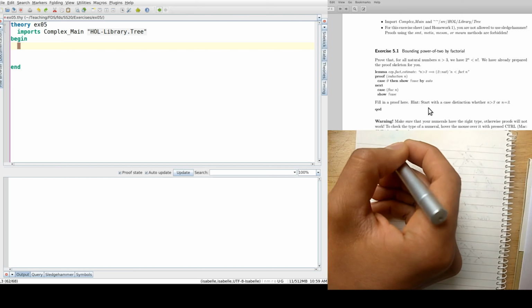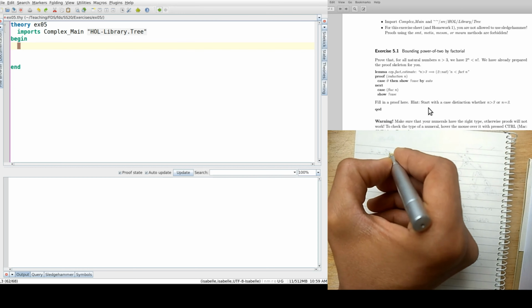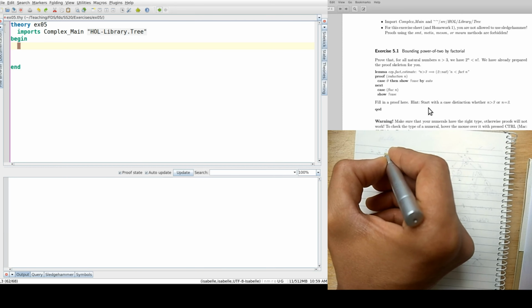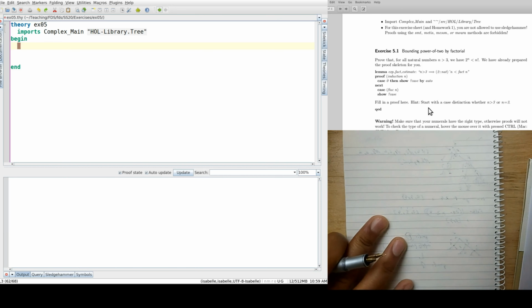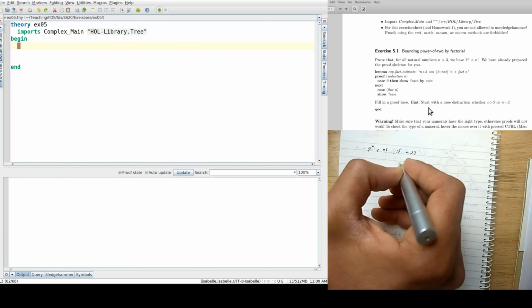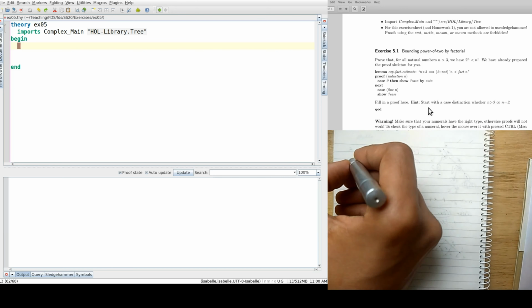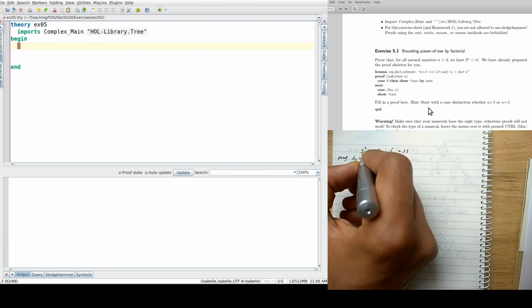So what we want to prove is, we'll write it informally just to show the analogy between the Isabelle induction and the pen and paper one. So I want to show that 2 to the n is always strictly smaller than factorial of n if n is greater than 3. Okay, so if we prove this on pen and paper by induction, so by induction on n,